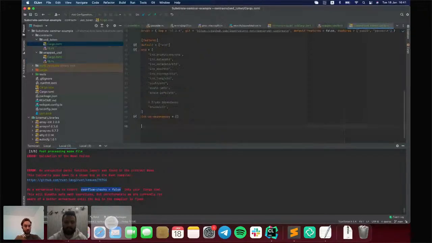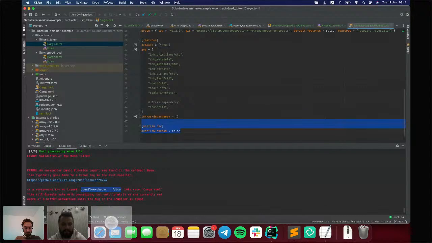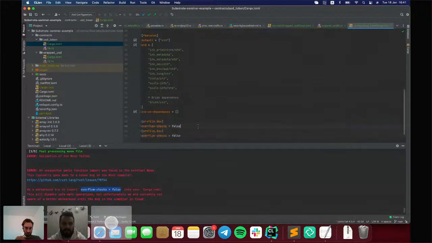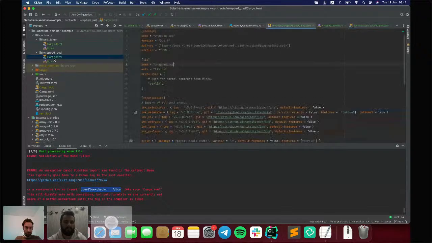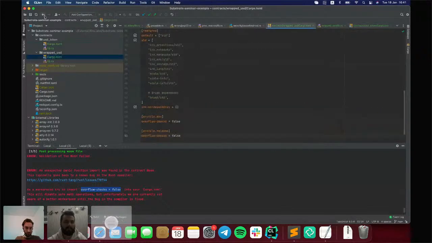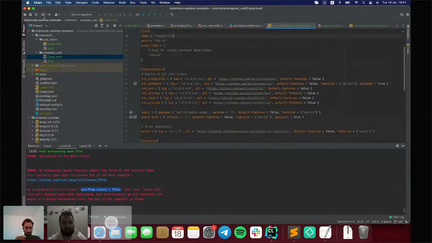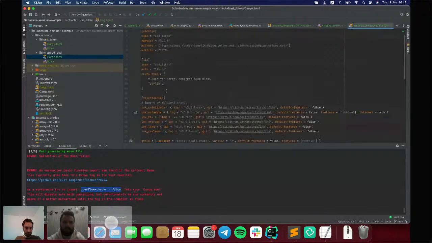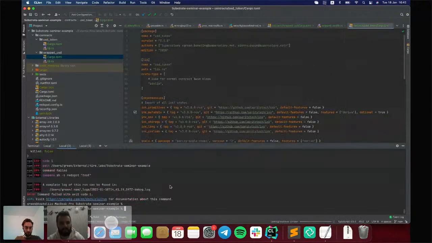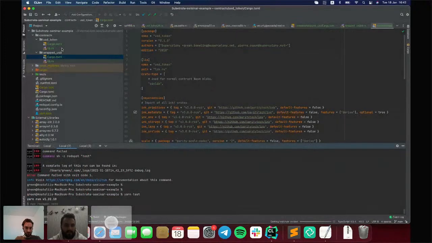You need to specify profile release overflow-checks false to be able to build your contract successfully, but it can be disabled later when it is fixed. Maybe the latest ink already fixed that, I don't remember. But for now, we need to use this workaround.